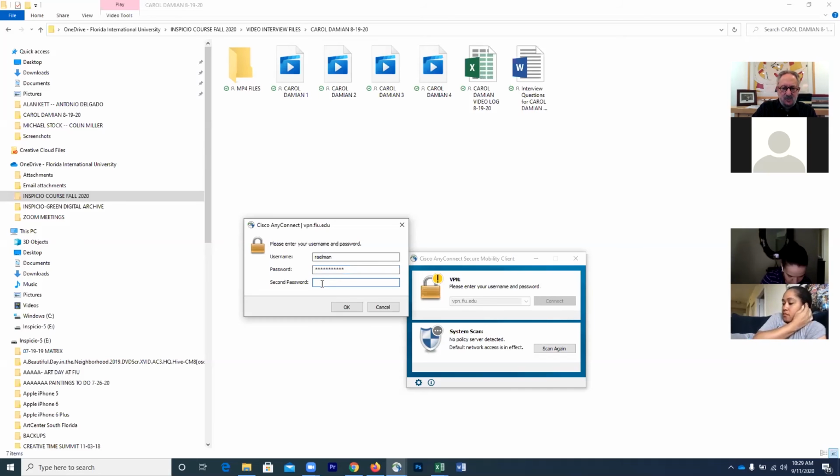And then the first time you use it, in this second password, you type SMS and you click OK. When you do that, it will send a group of 10 passcodes to your phone, assuming that you registered your phone when you installed Cisco AnyConnect. So what I do is, when it comes to my phone, I then email it to myself. I take a picture of it with my phone camera. I put it on screen because it comes as a text message, I take a picture, I email it to myself, I print it out, and then